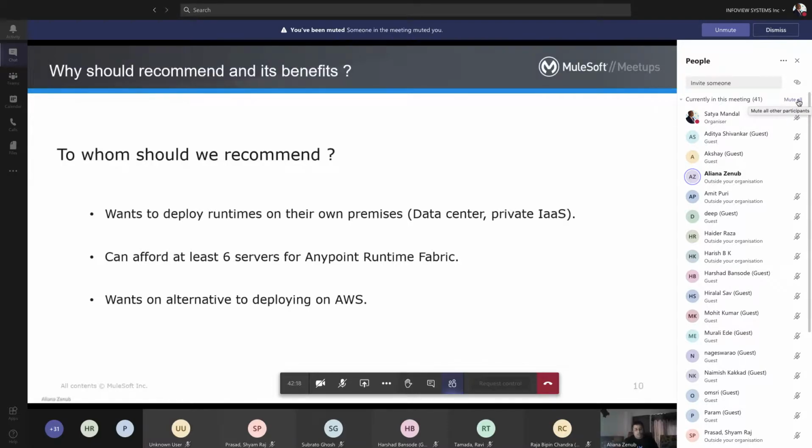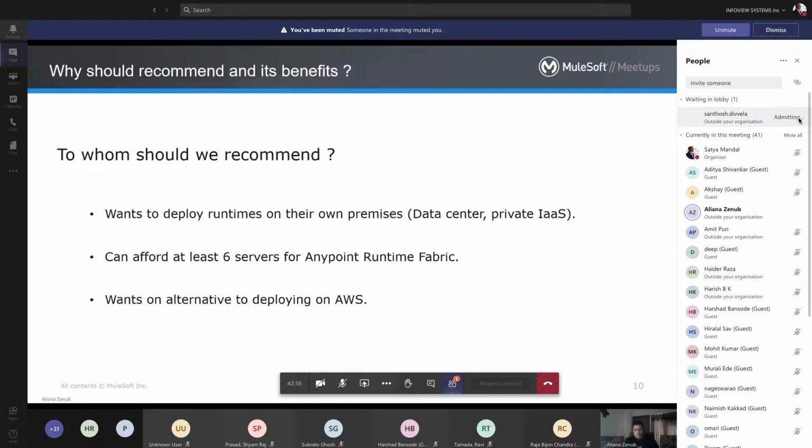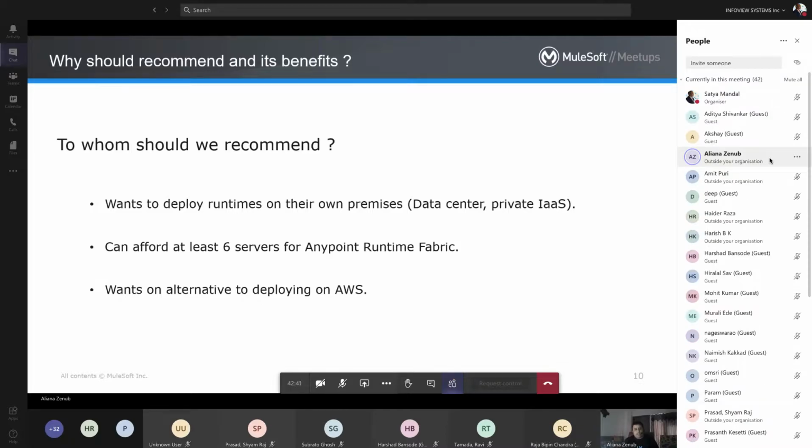Some customers in specific zones do not want to deploy their platform on AWS. They ask for the Cloud Foundry deployment which MuleSoft has, or they are okay to go with Runtime Fabric.